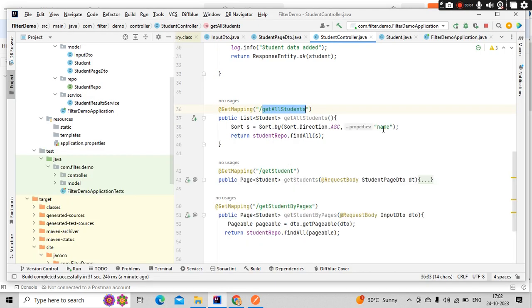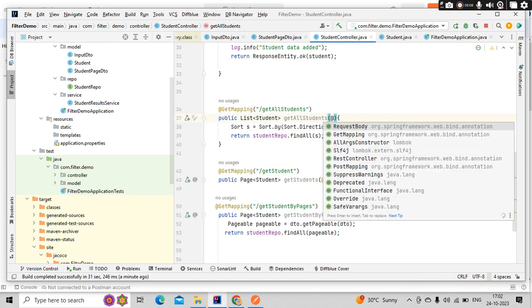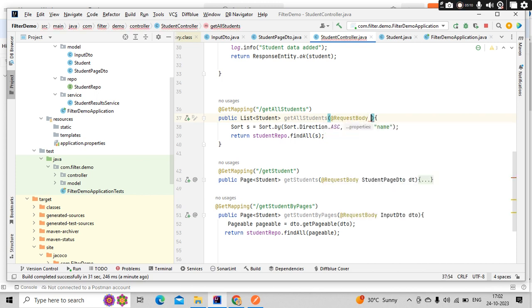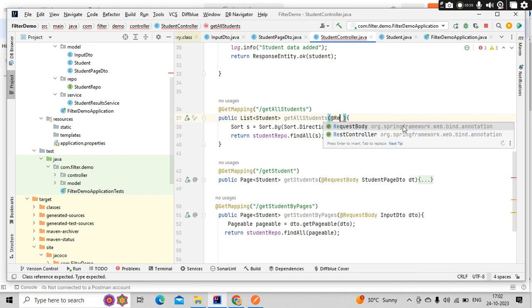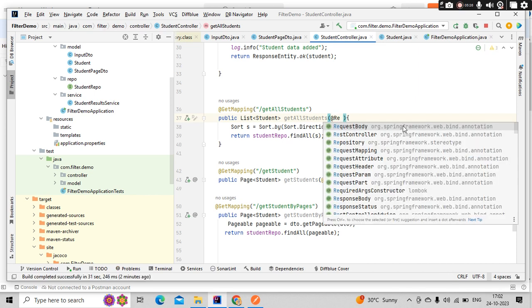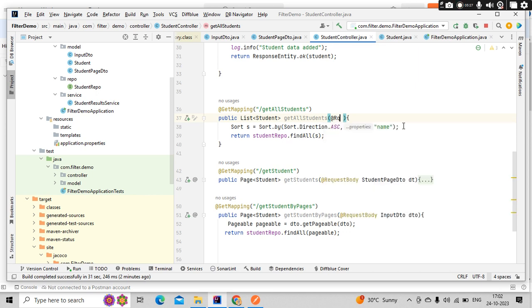That is cool. Now, instead of hard coding this, what I will do is I'll try to get it from the API itself as a request body. Okay, how can I do that? Simply, I can have request param or the request body, up to you what you want to choose. Okay, so for simplicity purpose, what I can do is